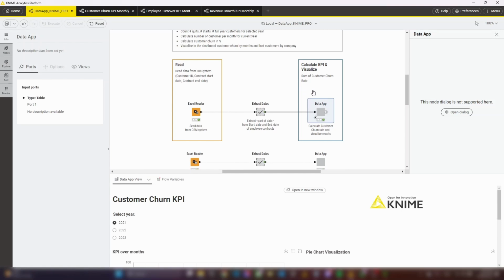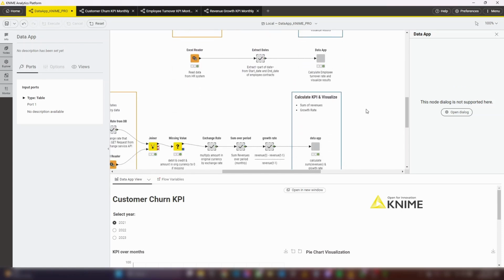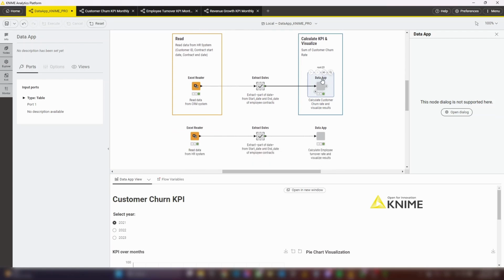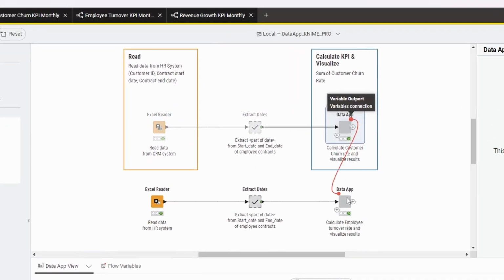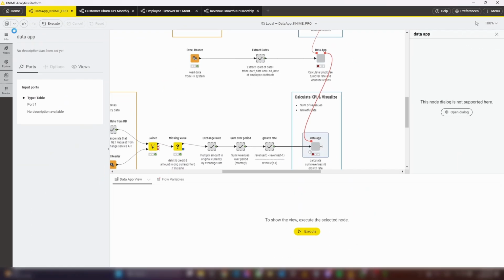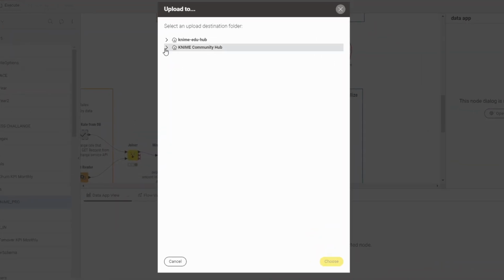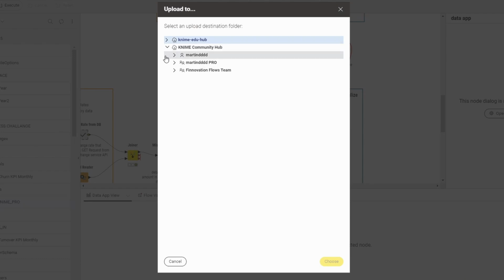Okay, so now all that's left to do to make this a multi-page app, where we first would see the customer churn, then the employee turnover, and then the revenue growth, is connecting them in sequence via flow variables. Then let's save that, show it in my Explorer, and next I will upload this to Community Hub and here to KNIME Pro,